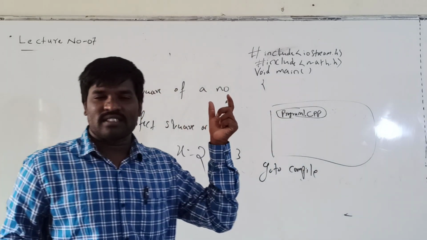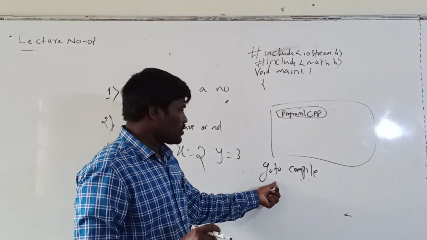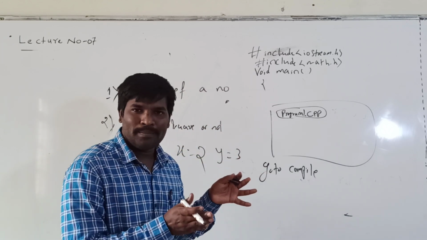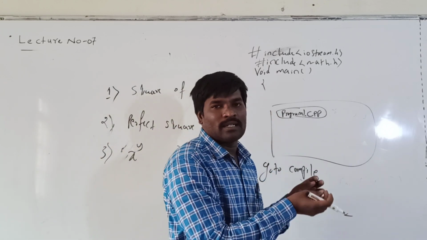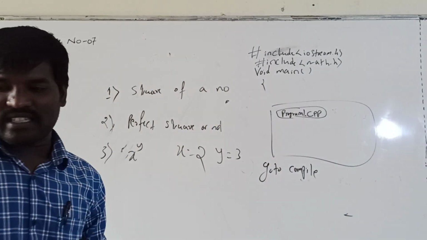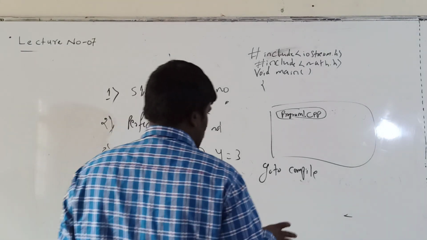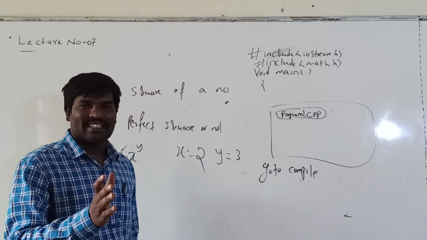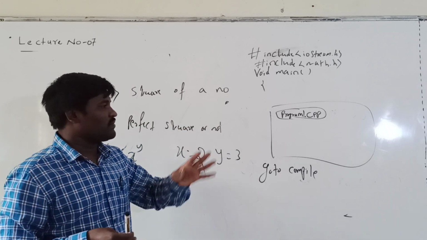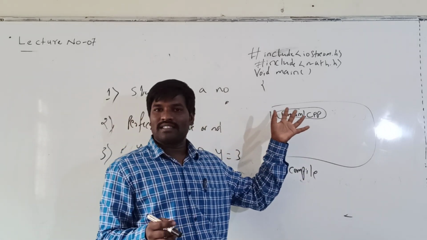There are so many options in the menu bar. First one is File, View, Compile, Run, etc. Go to Compile, and in that you click on Compile. Here compile means it will check for errors in the program you have written. Suppose if there are any errors in the program, the compiler should mention an error message to the user, clearly saying in which line you are getting the error.